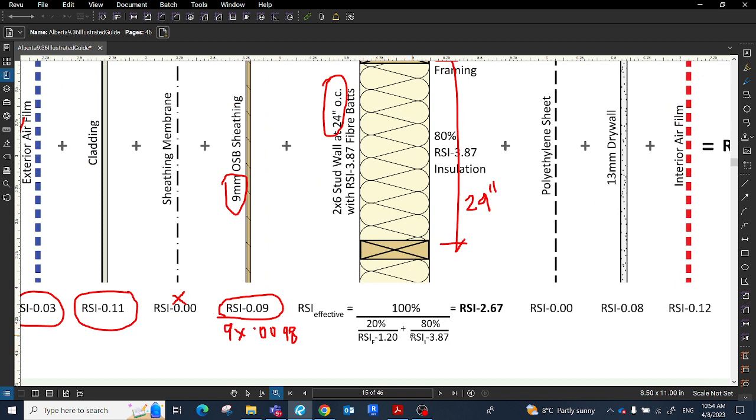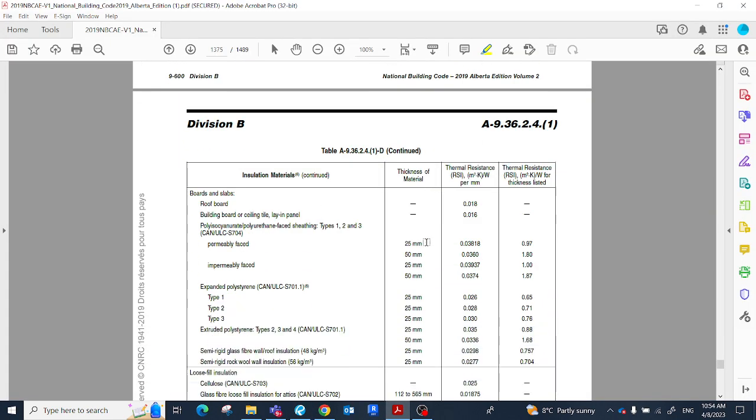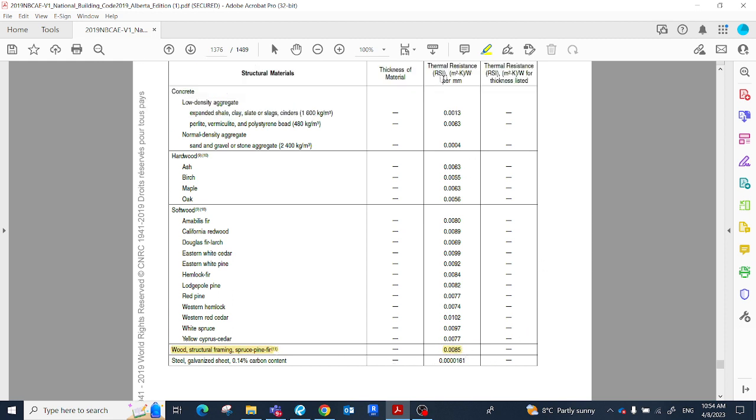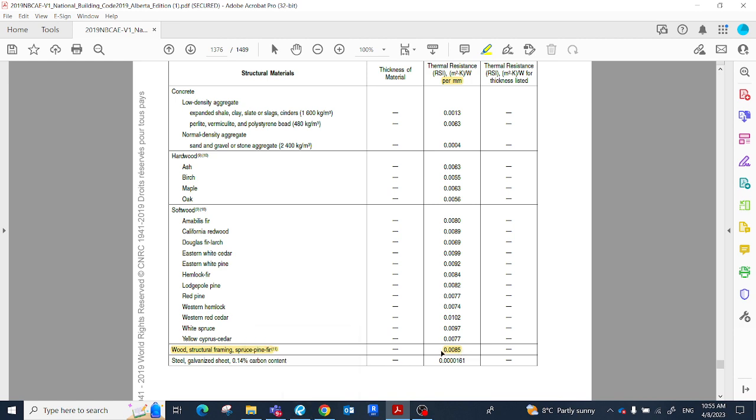So 20% over here, what is this RSI? This RSI is the RSI value of your wood stud. Okay, and how can we find out? Go to our structural materials over there, and here you would see the wood structural framing SPF, spruce pine fir, and they have given you the RSI value per millimeter. So per millimeter is 0.0085, and you have 2 by 6, right, which is 5.5 inch thick, and which is equivalent to 140 millimeter. So what we will do, 140 times this,